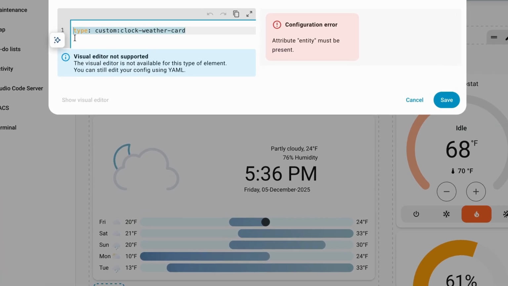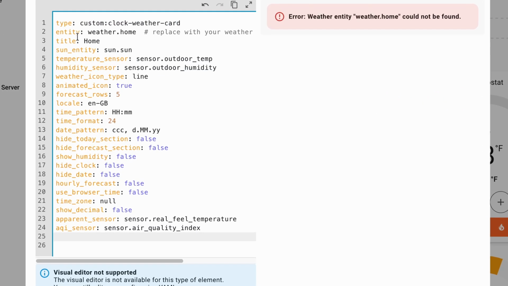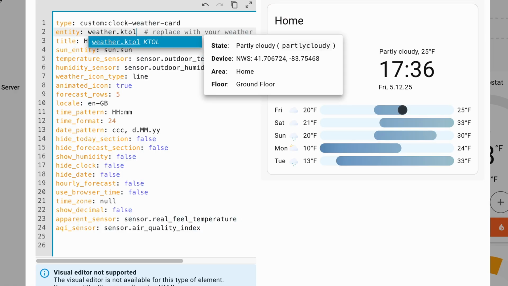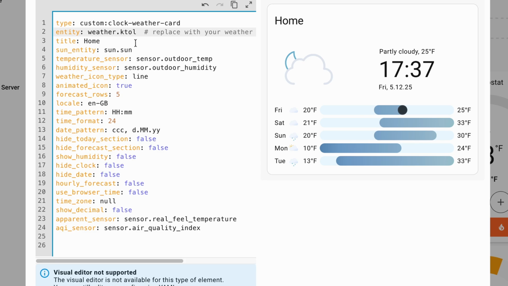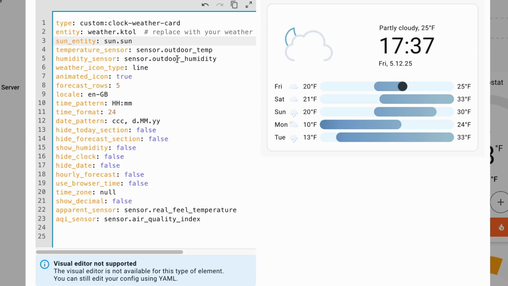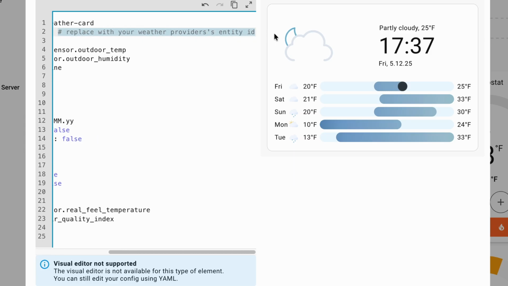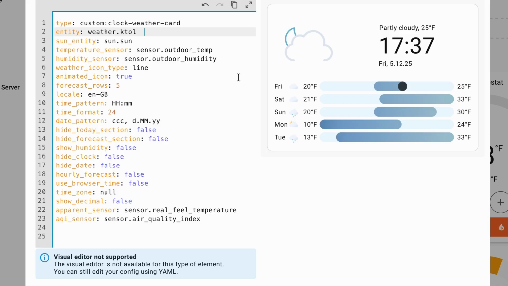There is no visual editor, so you have to go through the YAML code, and we'll go through this one by one. The first thing I want to change here is the weather entity. In my case, that is KTOL for being here in Toledo. I'm going to remove the title. I don't really need that, but you can leave that in if you want. The sun entity is nice because that is the little animation on the top left of the card,